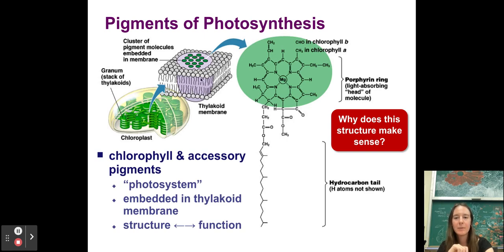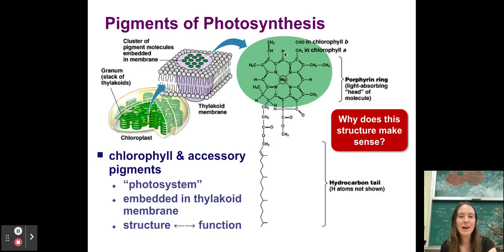You have these pigment molecules. If you were to look closely at a pigment molecule, it looks like this. It's a bunch of carbons bonded together, some nitrogens, some oxygens down here, a bunch of hydrocarbon chains down here. And in the center, you have an atom called magnesium. Now, there are different types of pigment molecules, and the type that is found in the thylakoid membrane is called